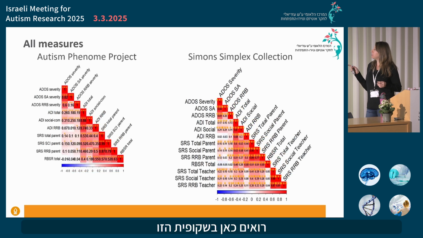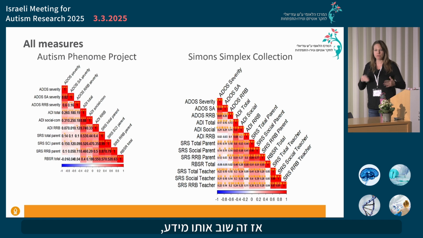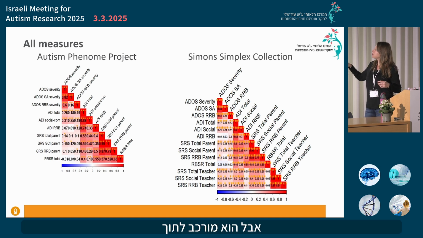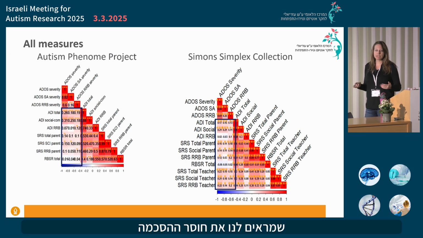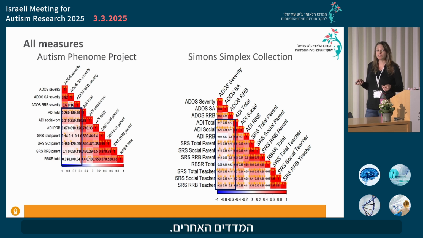What you're seeing here in this slide is basically everything that you've seen so far. This is, again, the same information, but it is compounded into the same heat map, because I wanted you to see these two almost white rectangles that show us the lack of agreement that the ADOS has about symptom severity within the same children as they're evaluated by the other measures.